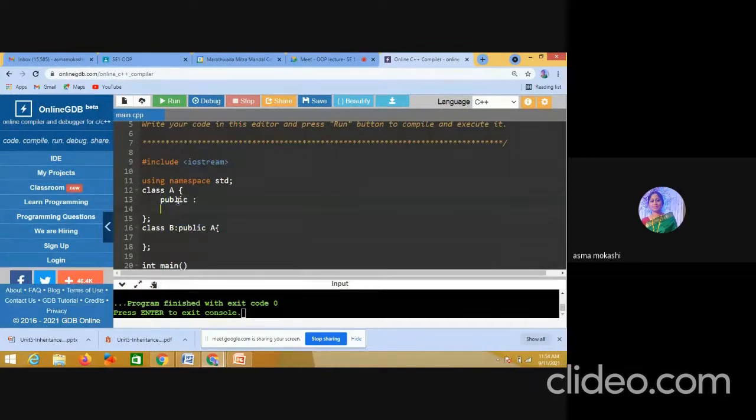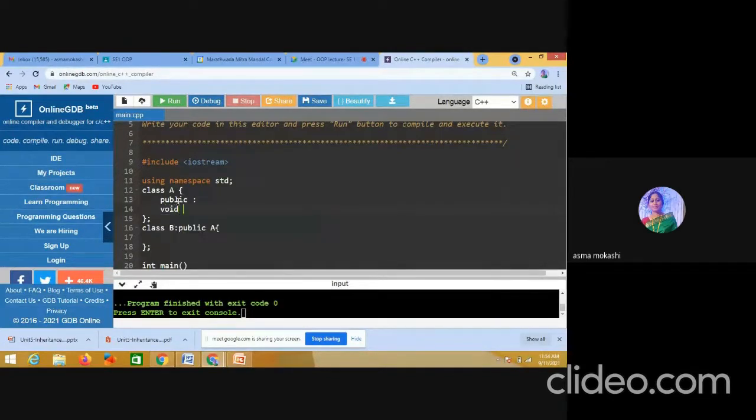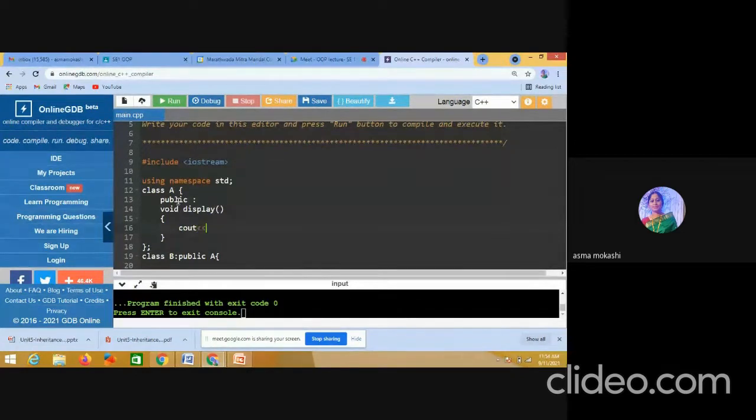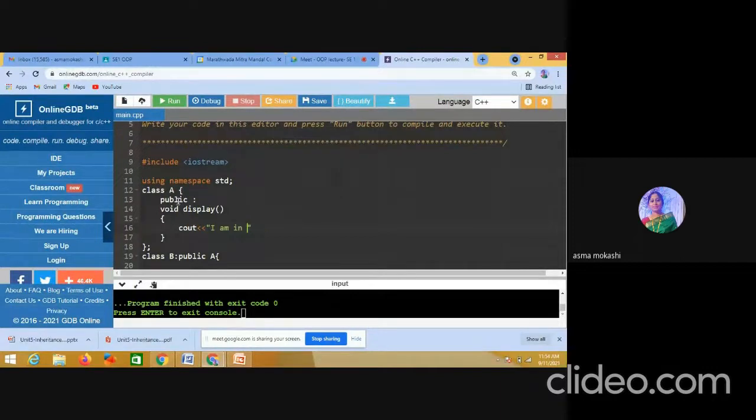Now I have one variable, integer a. I'm writing one method, void display, and I'm printing here cout, "I am in base class", and semicolon.